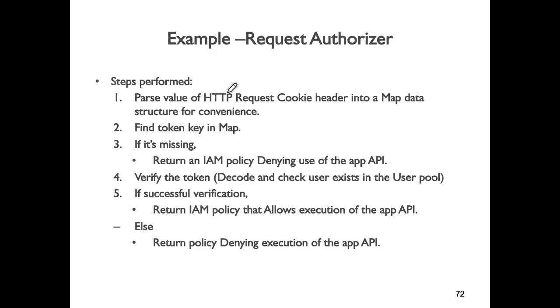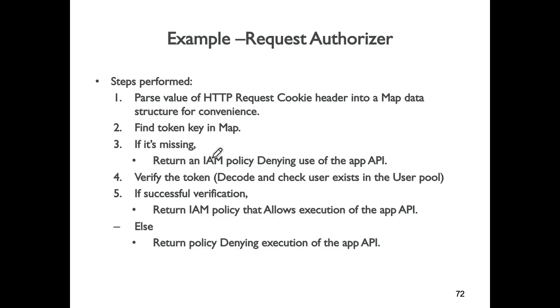It takes all the cookies and puts them into a map data structure, where the keys in the map are the keys of the various cookies. So this map contains a number of entries. In our case, it will only have one entry where the key is token and the value is the actual JWT token. So now it has the token, and if there is no token, then